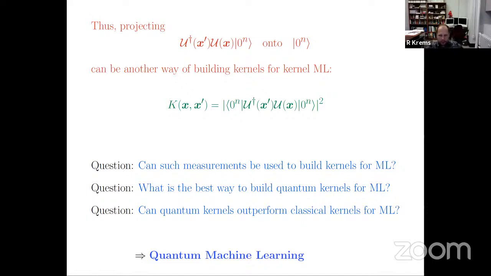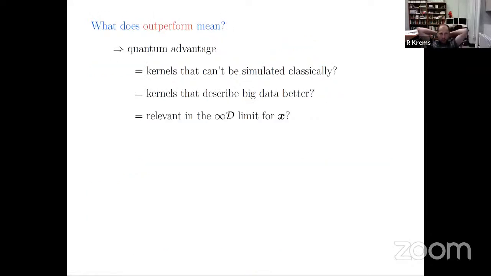So these are some of the questions that quantum machine learning these days is concerned with. Okay, so now the most important question, of course, is can quantum kernels outperform classical kernels? This is a very important question to discuss, and the real question is, what does outperform mean? A lot of people talk about quantum advantage, and in the context of kernel machine